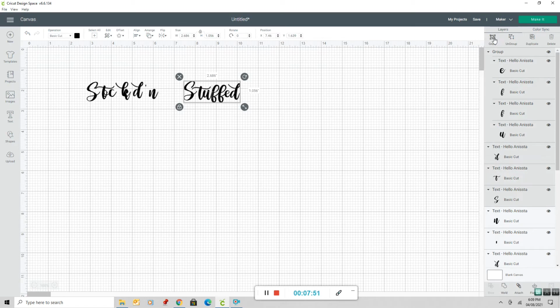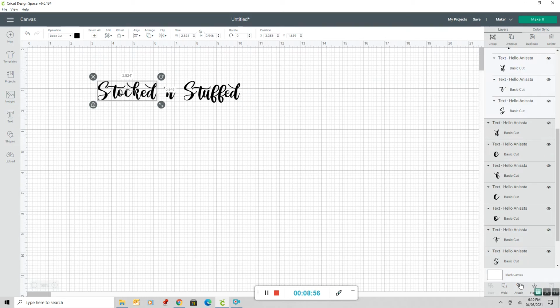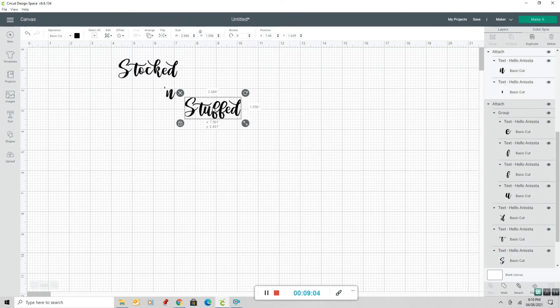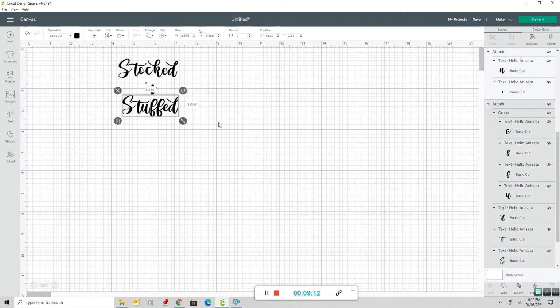So I'm going to do more than group them. I'm going to attach them. If I really am happy with this, I could have welded them. I do it word by word because suppose the space that I'm using is smaller. Suppose I want to stagger these, do something like that. Suppose I want to stick them inside of a shape, then I can move them however I want without